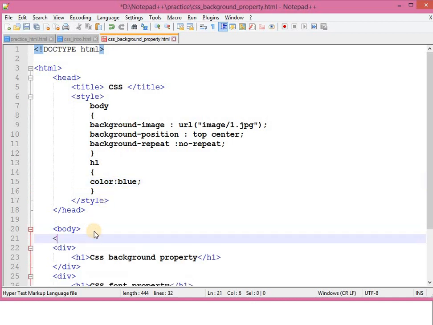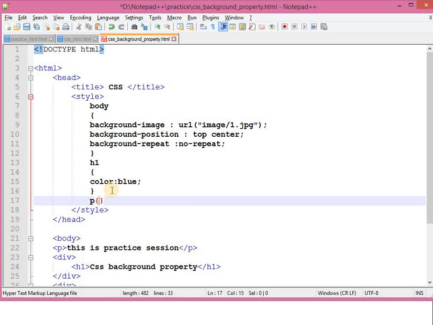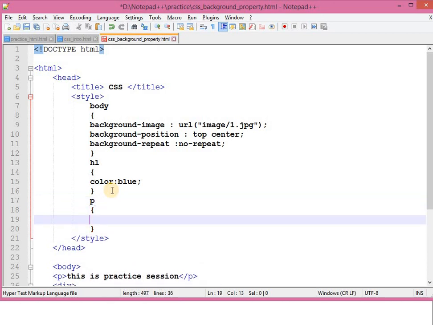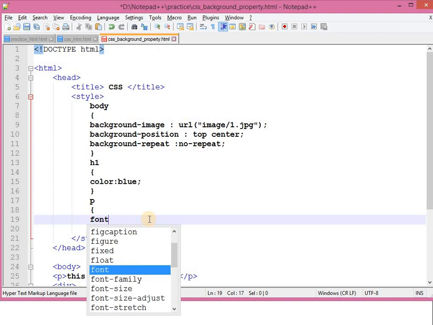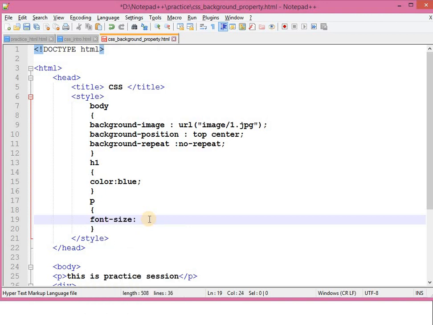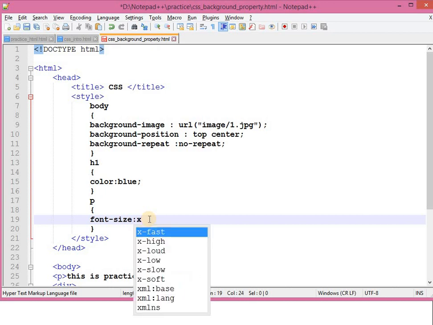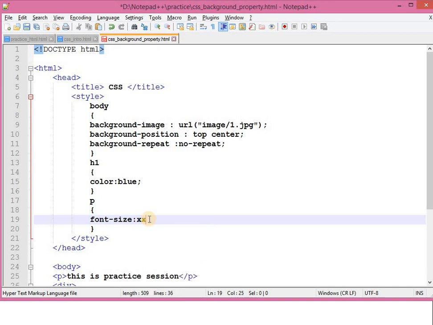Let me add one paragraph tag over here. This is practice session, and I am just using the p tag here. For the p tag I want to set font size as large.